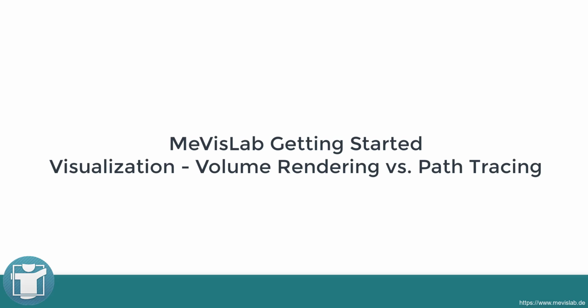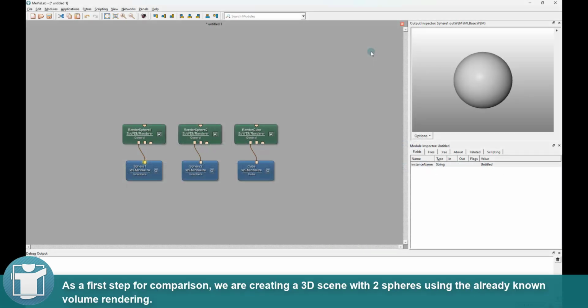In this video, we develop a network to show some differences between volume rendering and the MeVisLab Path Tracer. You will visualize the same scene using both 3D rendering techniques and learn some of the modules for path tracing. As a first step for comparison, we are creating a 3D scene with two spheres using the already known volume